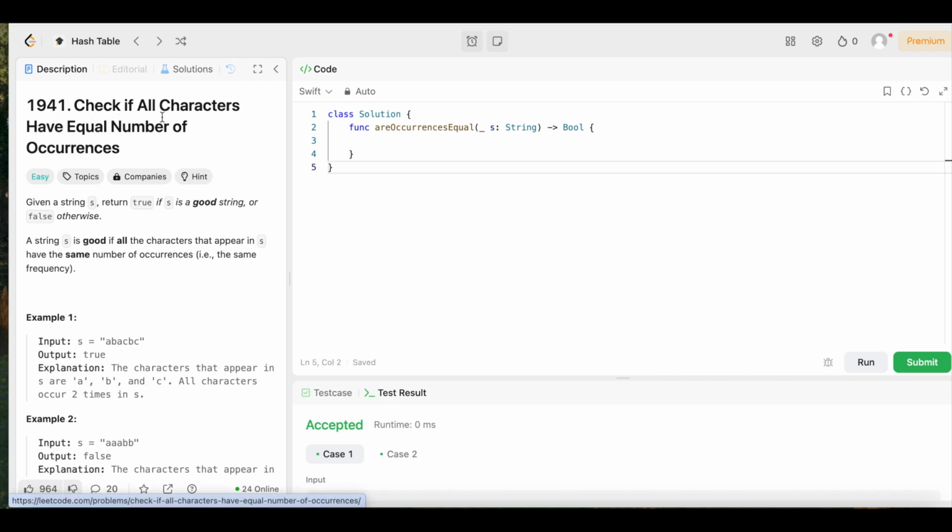1941. Check if all characters have equal number of occurrences. The difficulty level is easy, so you already know we're going to keep the solution as simple and easy to